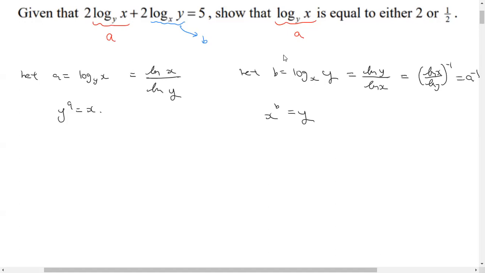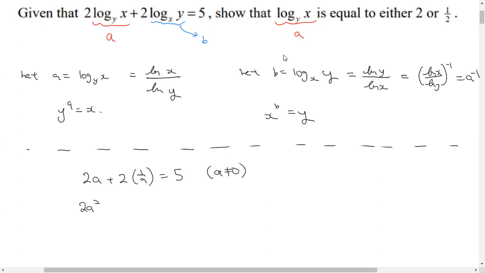And at this point, it's probably fairly easy to see what we can do from here. Basically, the question has now become a question in a, where you have 2a plus 2 over a, or 1 over a, equals 5. Note, of course, that assumes a is not equal to 0. So we might need to check what happens if a equals 0, but for now, we'll just say, let's solve for that. So we multiply by a,